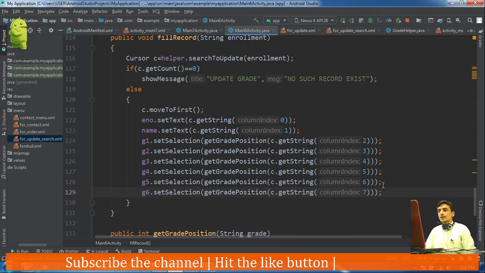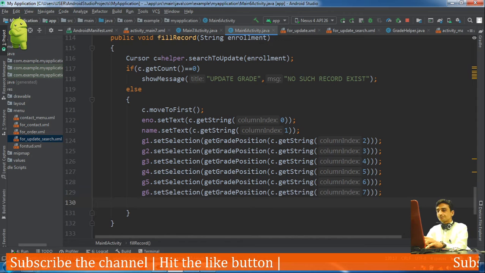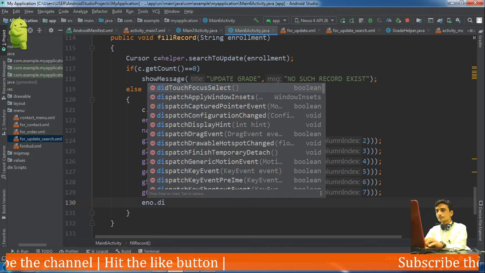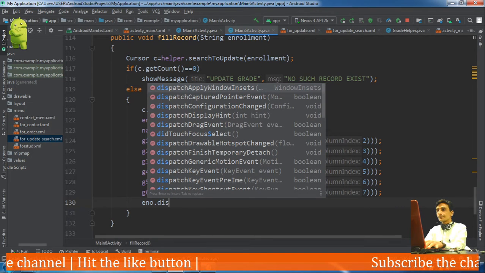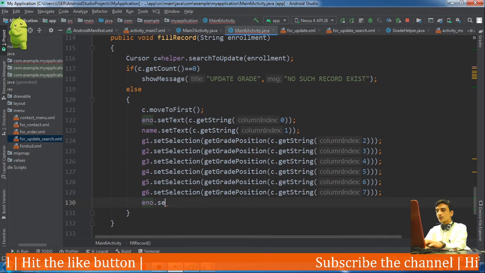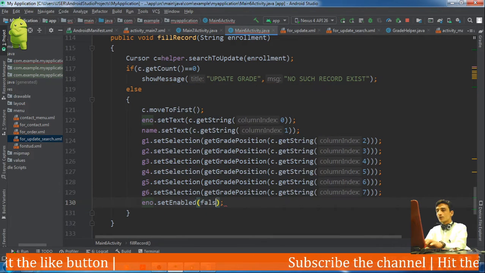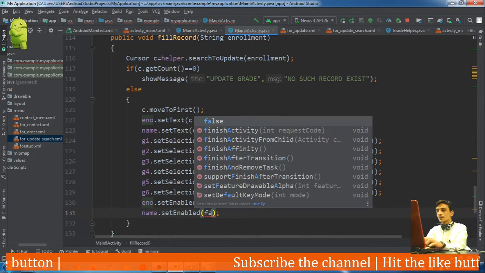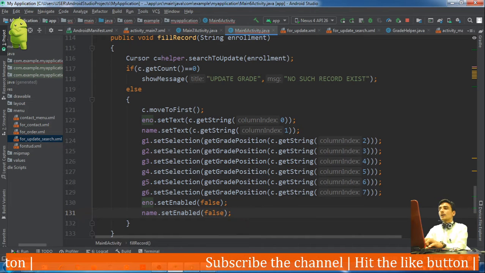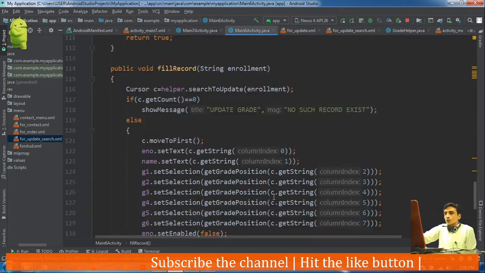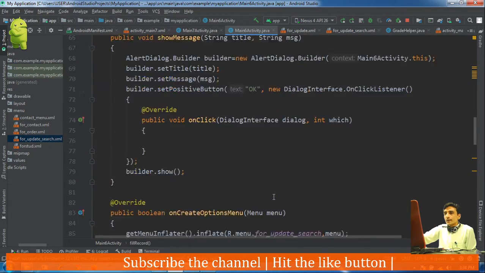Now as this record is shown here, we should also disable the enrollment number and name: enrollment dot set enable false, as well as name dot set enable false. Now the client will click on the submit button. So in the submit method we have just